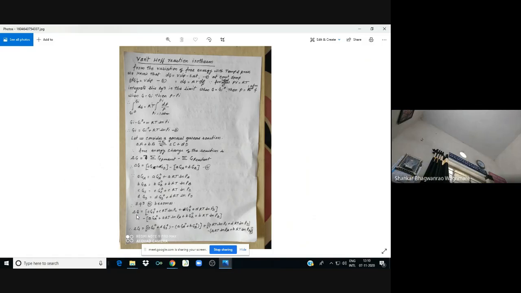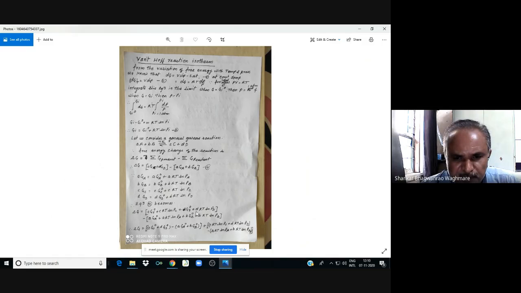That is, delta G is equal to c GC0 plus c RT ln PC plus d GD0 plus d RT ln PD, and minus in another bracket